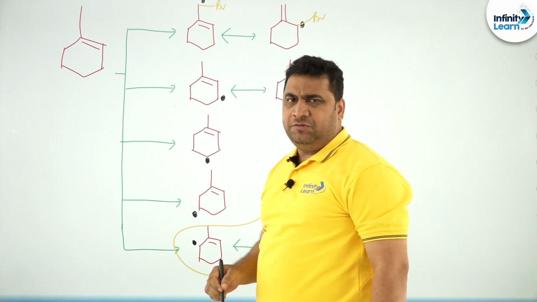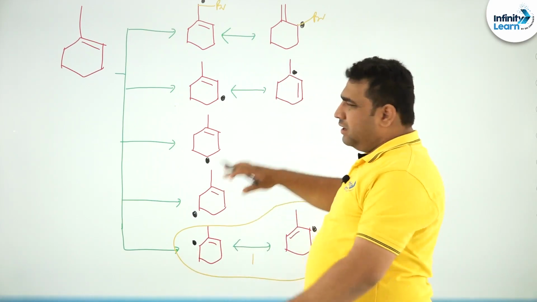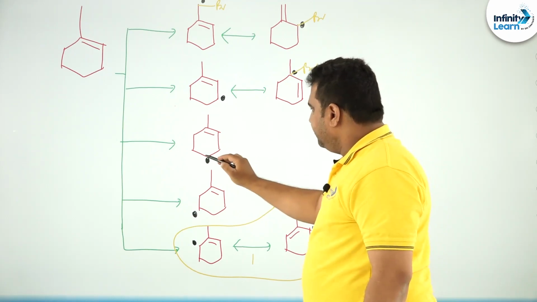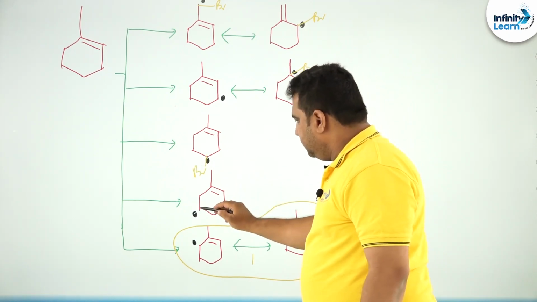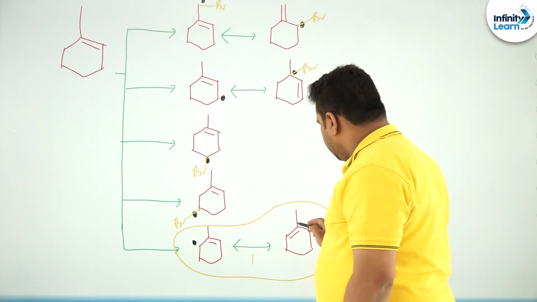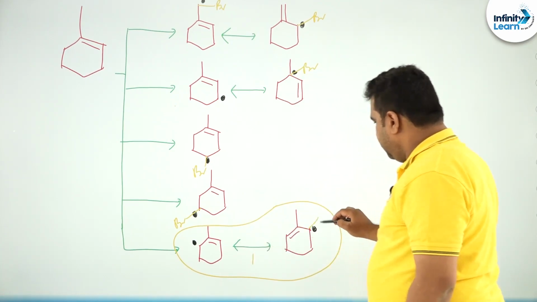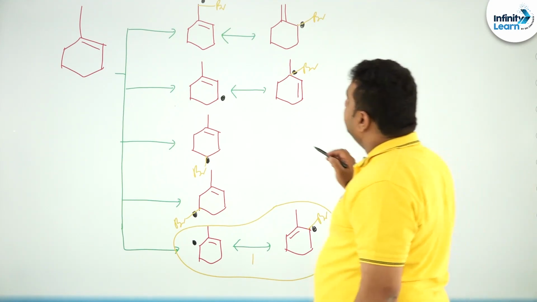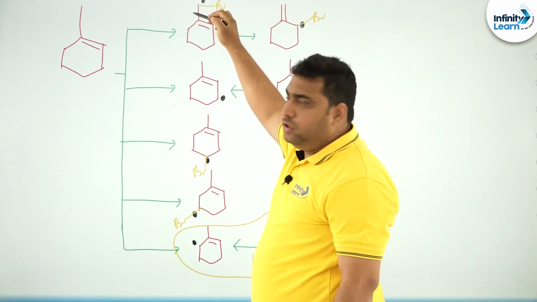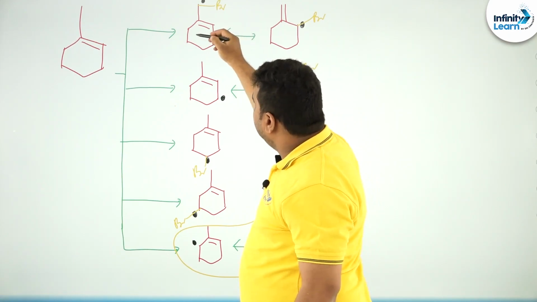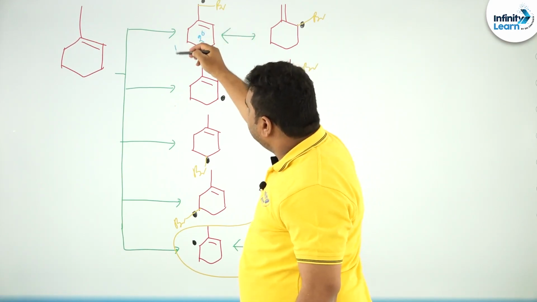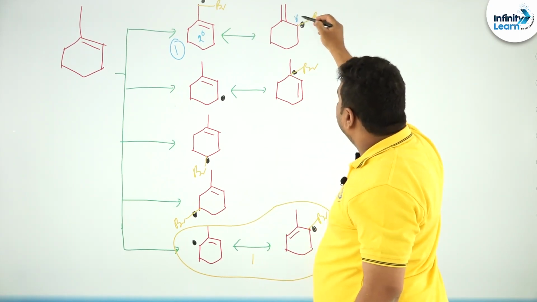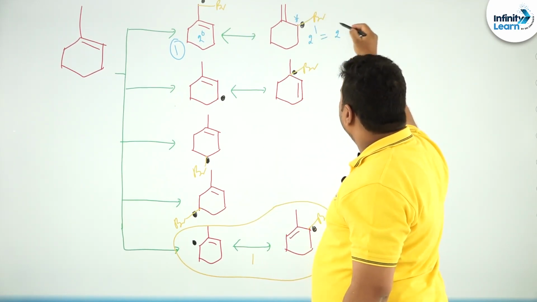Here bromine you attack. Actually you should not write like this, but broadly speaking, redrawing all this is time consuming and you may feel bored. Here bromine may form, and since both are the same, you can write bromine may form here. Now here, is any chiral carbon there? No. So here you use the formula 2 power 0, so this is one compound. Here any chiral carbon? Yes, this is a chiral carbon, so 2 power 1, equal to 2.